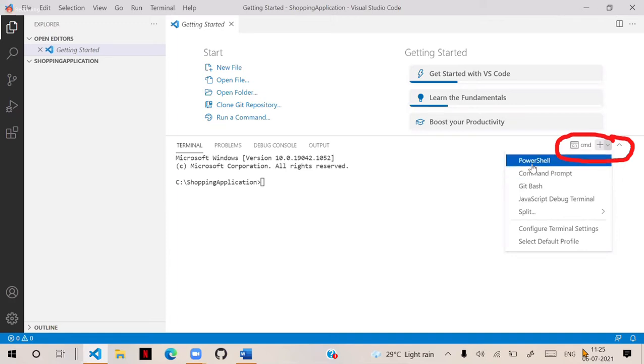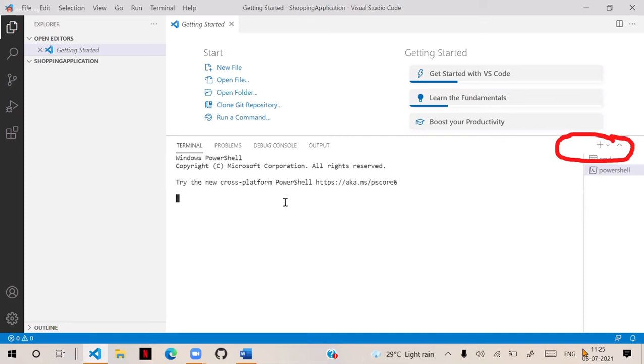Don't use PowerShell. If it is PowerShell, you will see it shows like this, PS. PowerShell will display PS.